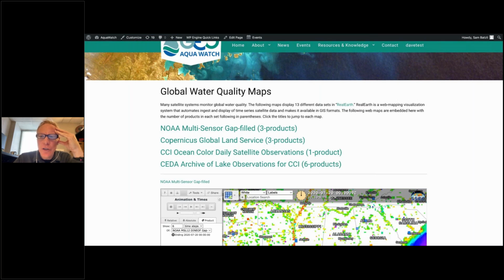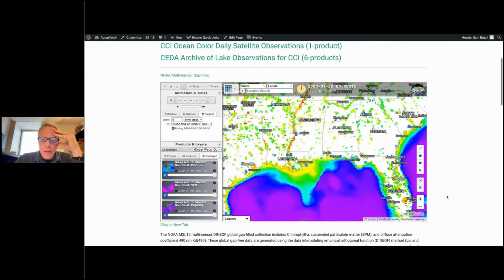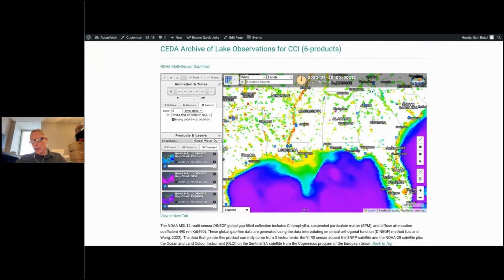One thing I'll mention is we're working on a way to make sure that the imagery itself does not start to show volume usage watermarks, which some of you, if you're following along, might be experiencing, because RealEarth has a volume limit on free usage,